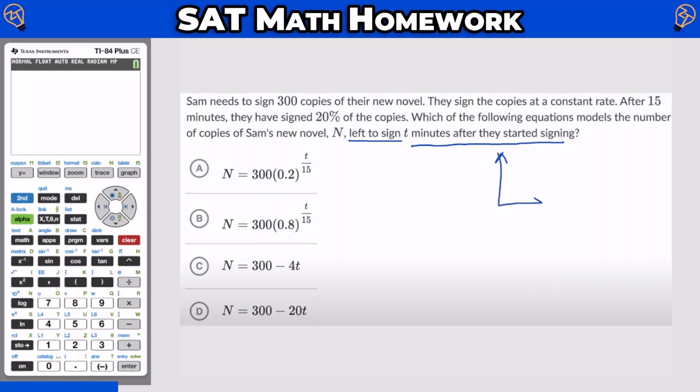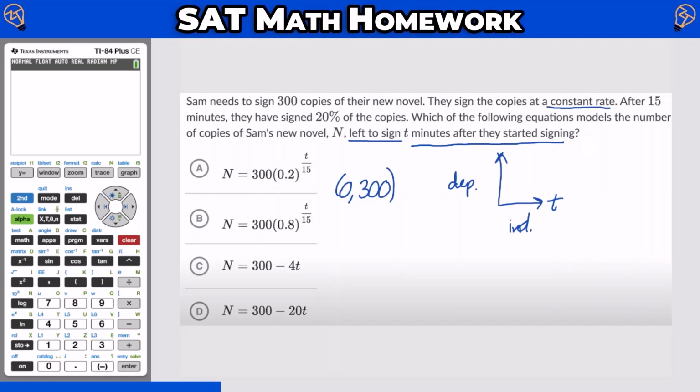Now, note that time is always on the independent axis. It's independent of everything. And then anything else is on the dependent, in this case, number of copies left to sign. So if we're setting this up with ordered pairs, we're going to say at 0 minutes, there were 300 copies left to sign. And whenever they talk about doing something at a constant rate, that's a giveaway that we're talking